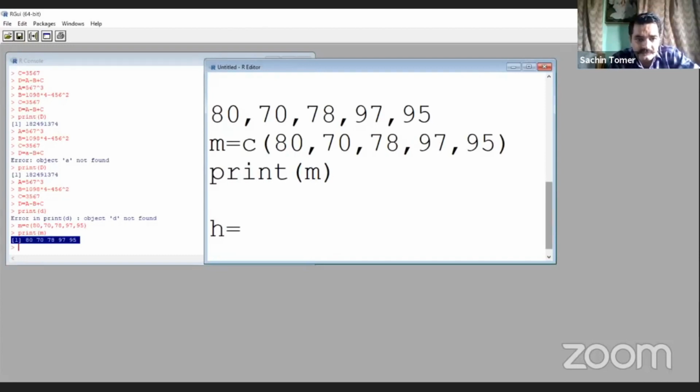So we have to use the vector command c. The height of the first person is 1.89. The height of the second person is 2.01. This is in meters.